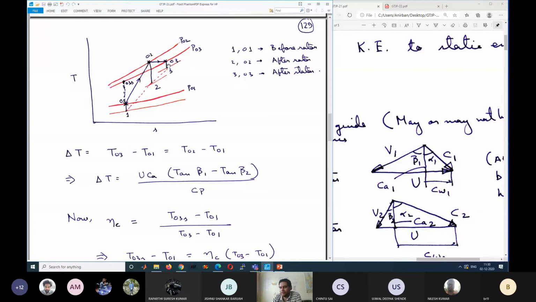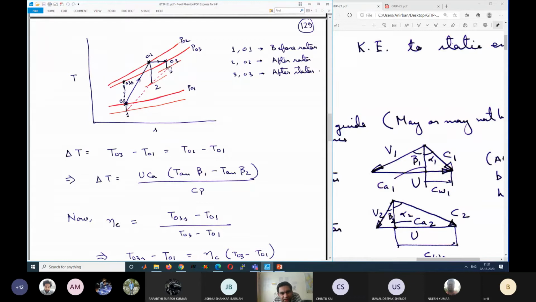But what changes because of frictional losses? The entropy will increase, right, because of frictional losses. So whatever the entropy was at point 2, at point 3 the entropy will be higher. So we will be shifting towards the right hand side, although the stagnation properties, the stagnation temperatures, remain the same. Because we are shifting to the right hand side, for the same stagnation temperature, the pressure is reduced. This is also apparent because there are pressure losses due to friction. Stagnation temperature does not decrease, but pressure decreases.